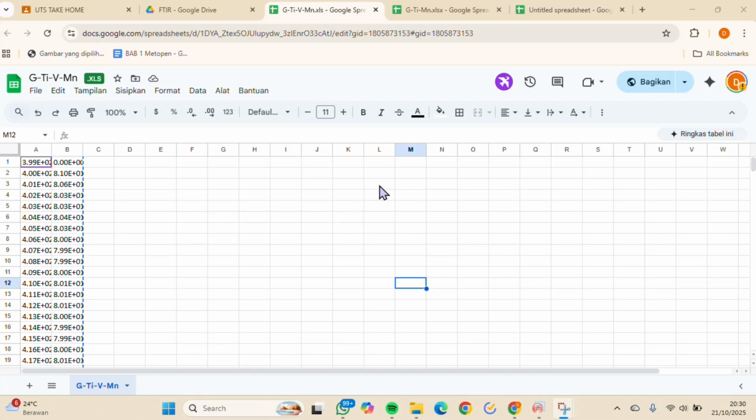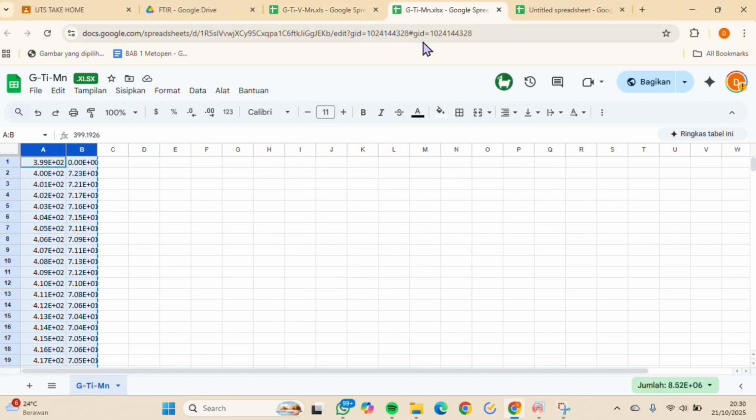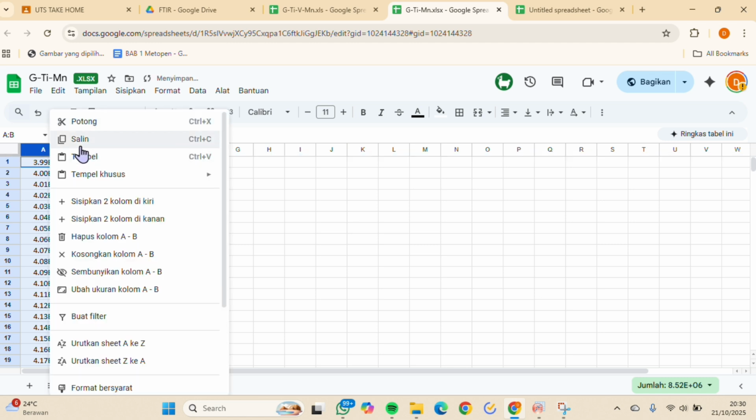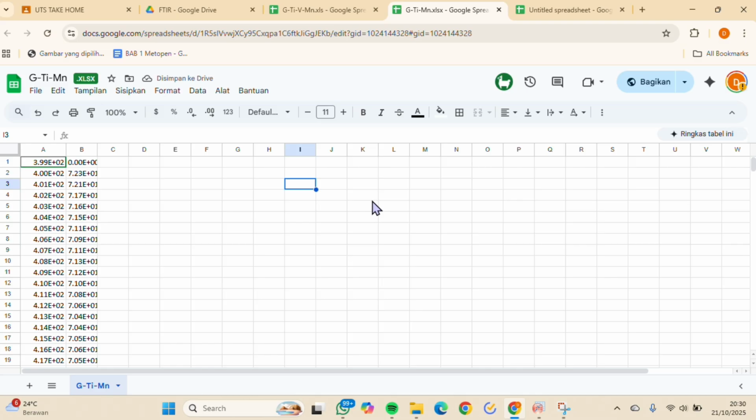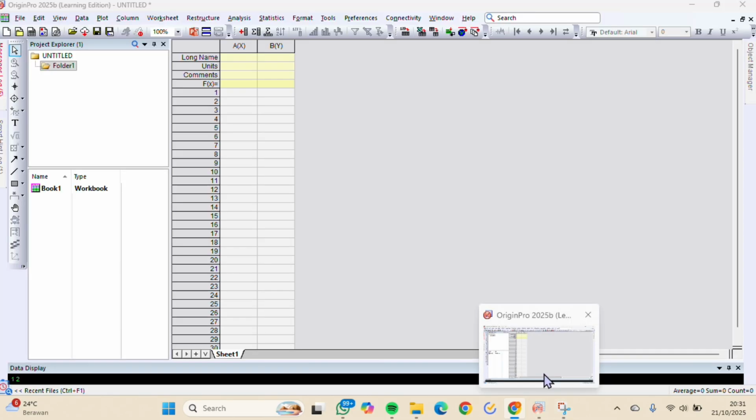So in this tutorial, we'll be combining two data sets, the data from GTEMN and GTEVMN materials. We'll start by importing both data. In GTEVMN, we copy the data and go to the Origin application.